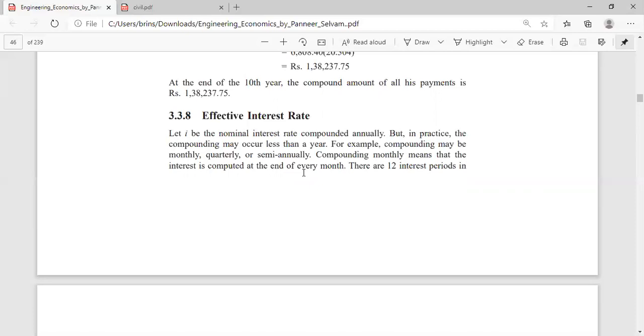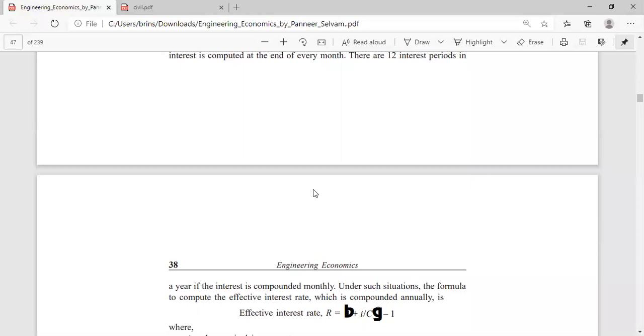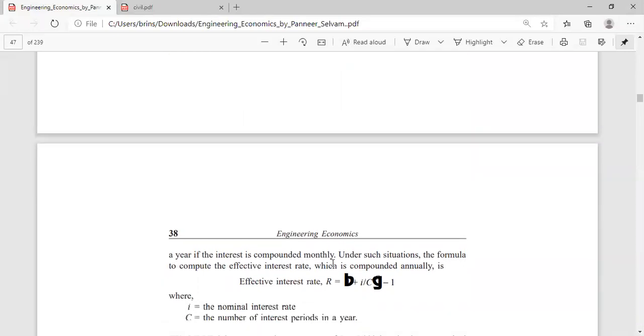So let us assume that I be the normal interest rate compounded annually, but in practice the compounding may occur less than a year. For example, compounding may be monthly, quarterly, or semi-annually. Compounding monthly means that there are 12 interest periods in a year. If it is compounded annually, it means that at the end of the year you will have it. Monthly means every month, or quarterly, or half yearly, they'll give you some kind of interest rate. So under such a situation you can use this effective interest rate